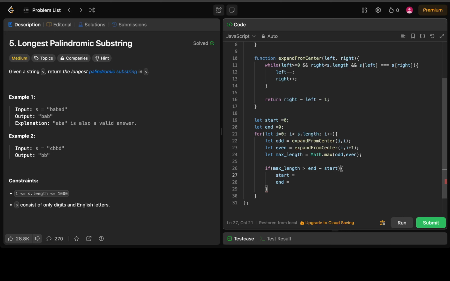How do we define that? Because we are at a particular index, consider this index, and we have to calculate our substring depending on this max length. So max length is 3. What we do is, our start index will be the current index minus the end of the max length. So the current index minus